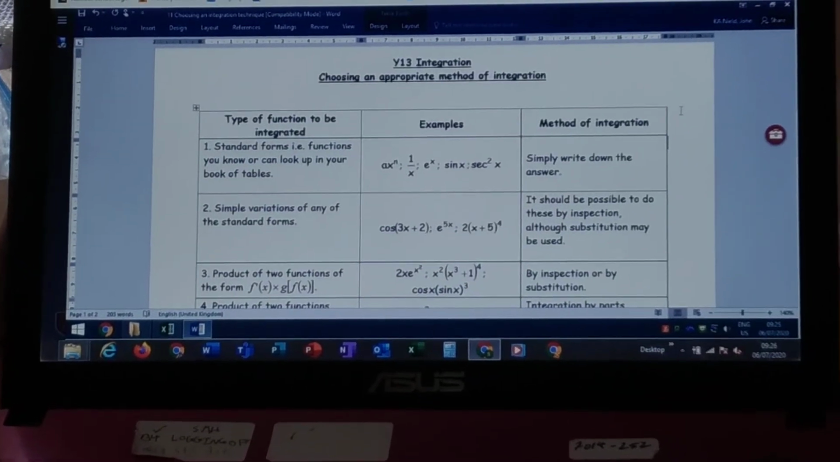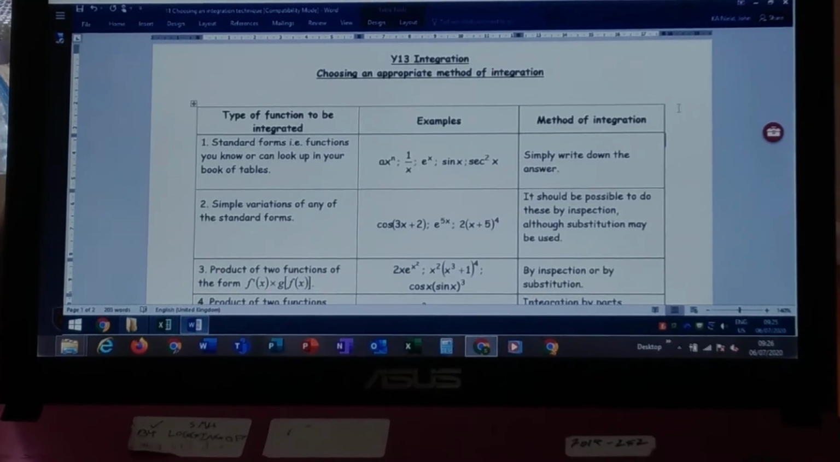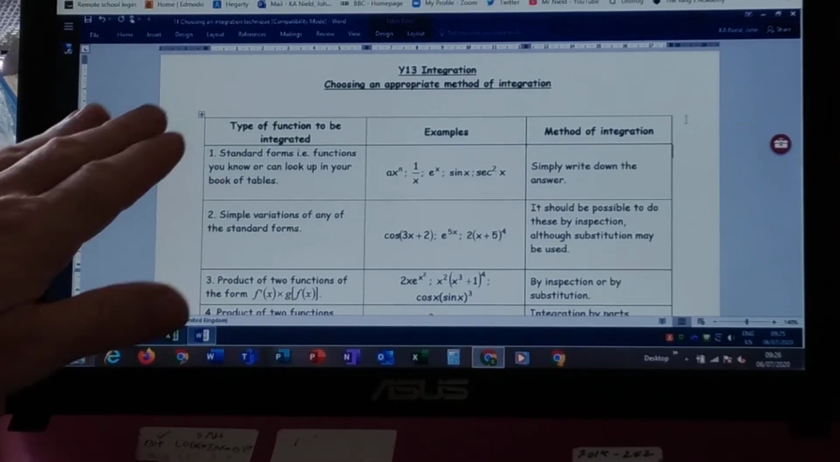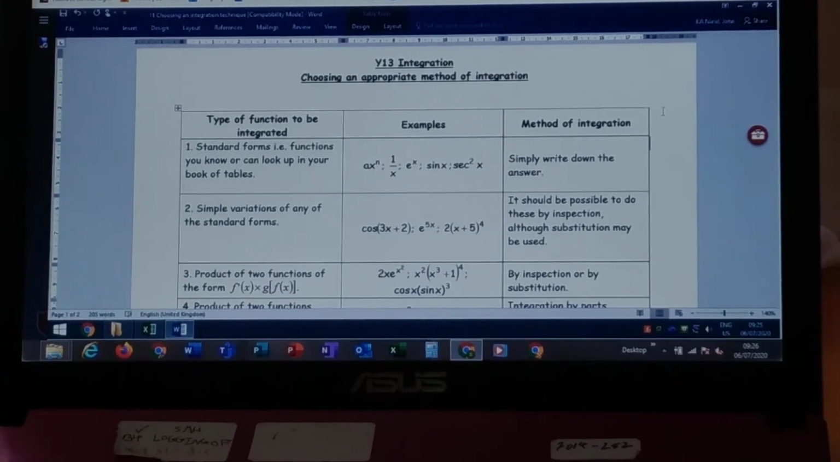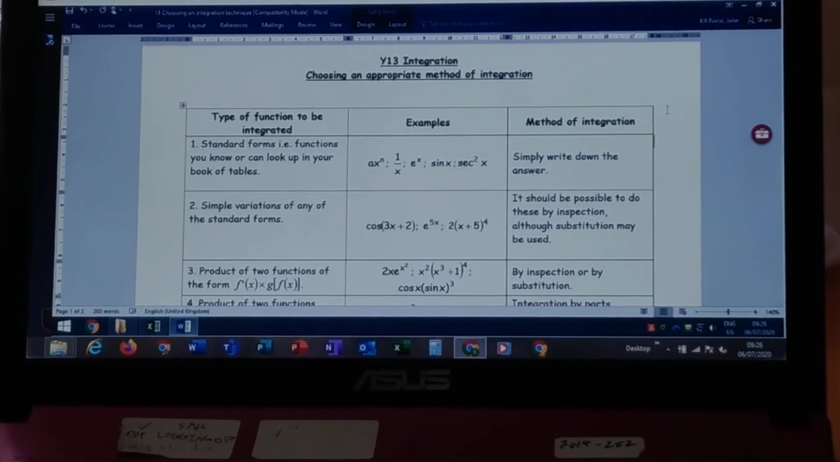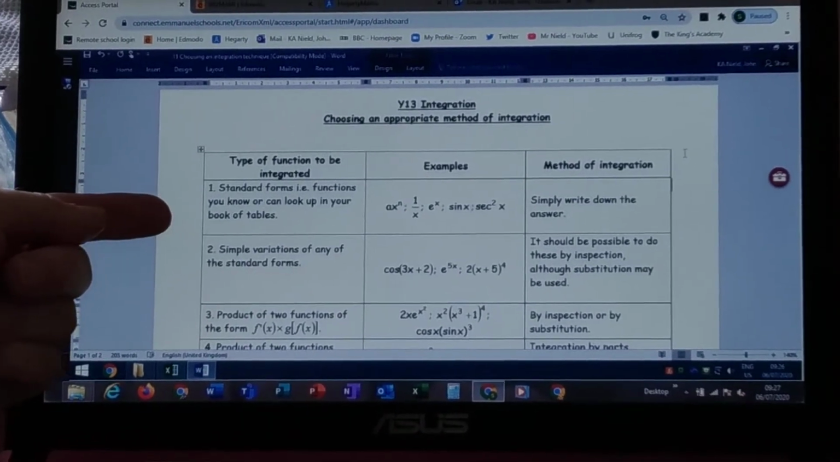Okay, we're going to look at the thing I'm sending out, which is to do with the appropriate methods of integration. So if you look through it, it says if it's this type, this is what you do. I've got a couple of things just to fill in at the end though, so we'll get to that later on. So it says, number one, standard forms, so things that are just